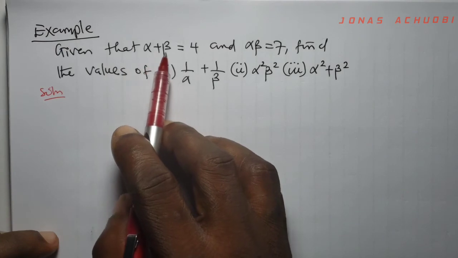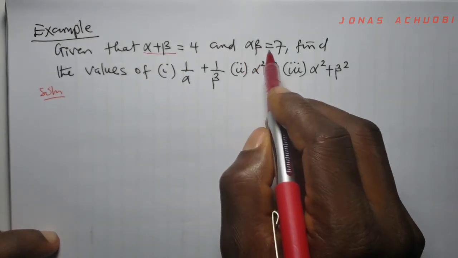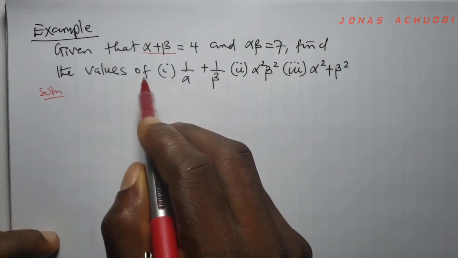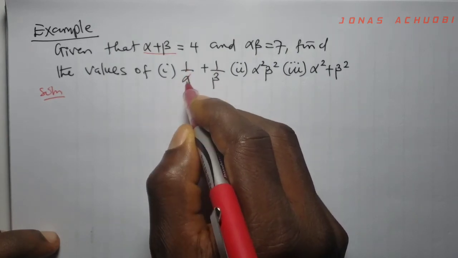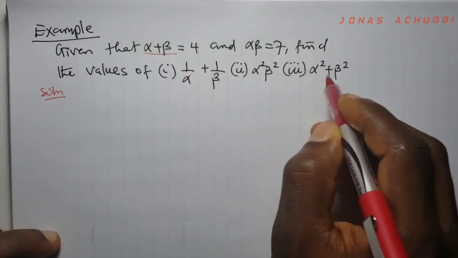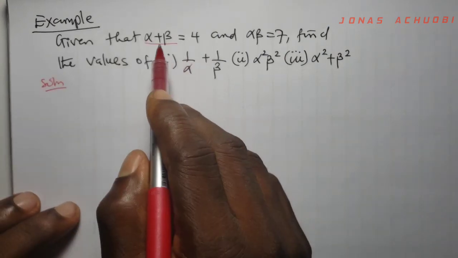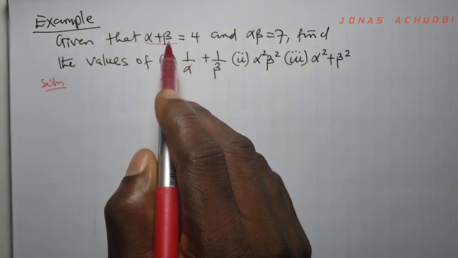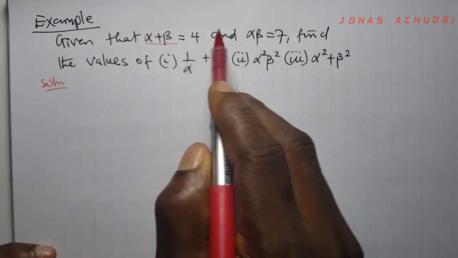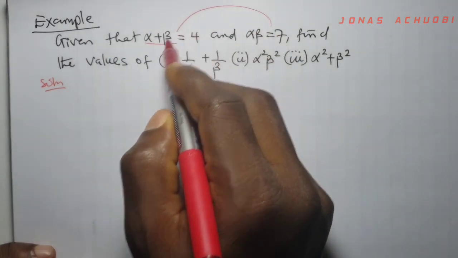Example. Given that alpha plus beta equal to 4, this means the sum of the roots equals 4, and alpha beta equal to 7. We should find the values of the following: 1 over alpha plus 1 over beta, 2 alpha squared beta squared, 3 alpha squared plus beta squared. So what we are given in this problem is the sum of the roots of an equation which we do not know, but we are told that the sum of roots, whatever they are, is 4, and the product of the same roots is 7. So we want to use these two pieces of information to evaluate